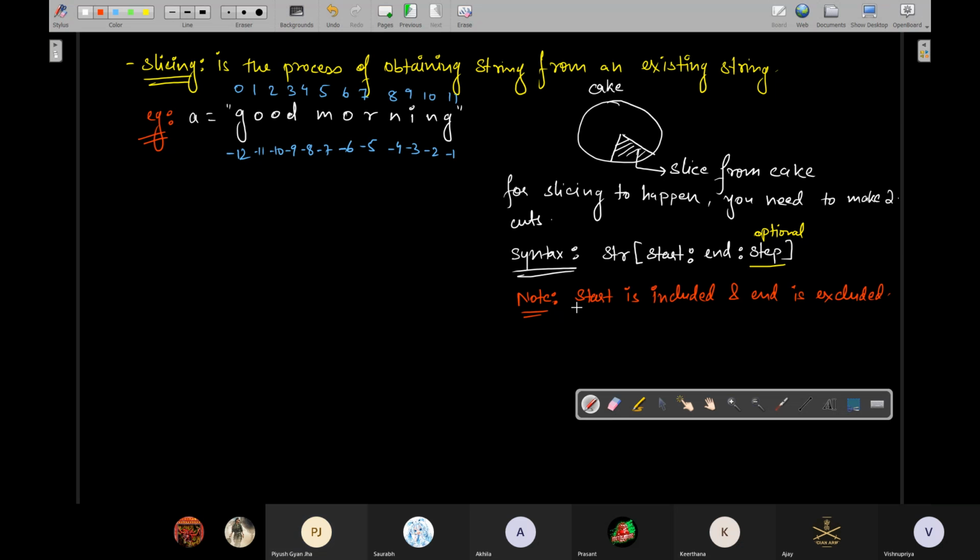That means, कट कहां से होगा? Starting cut at start, and ending cut to be considered at end minus 1. ठीक है, तो you are mentioning end but end minus 1 पे हम लोग एंड कट लगाएंगे, मतलब that will be considered while actually performing the slicing. ठीक है, now let us see the example. If I write, इसके बेसिस पे now if you say